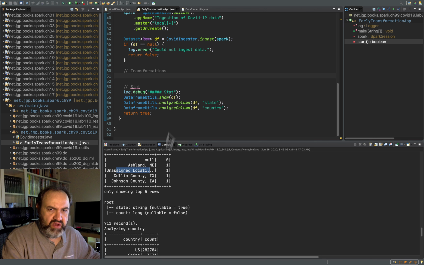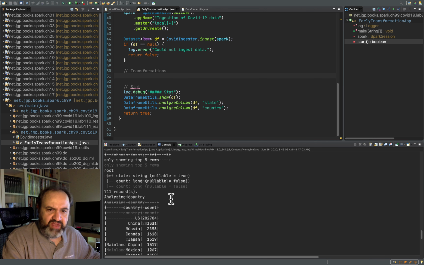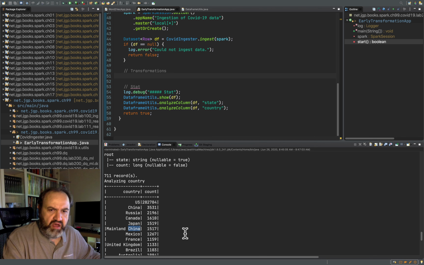I've also run analyze column on country, and you see that here, for example, we've got the US, but we've got China, and we also have mainland China. So it means there is a split at some point where China was called China, and at another point China was called mainland China, in opposition, I guess, of Taiwan.